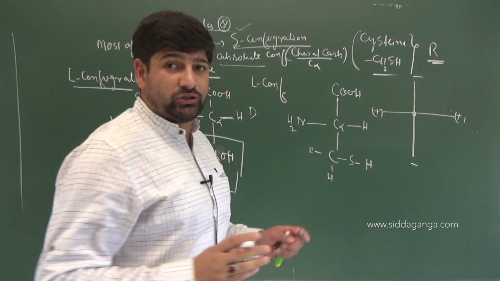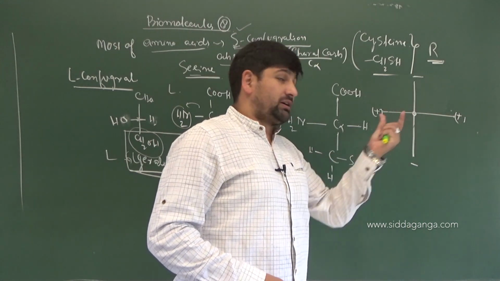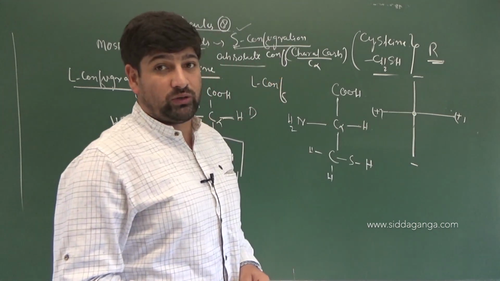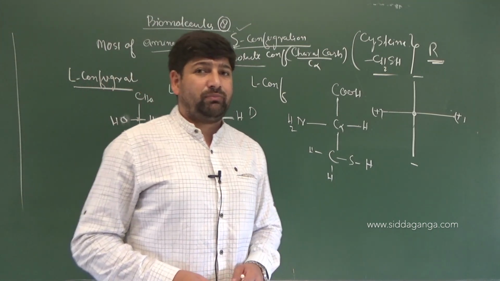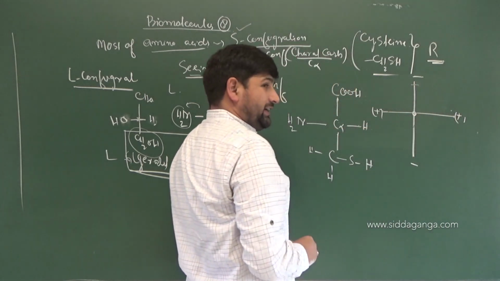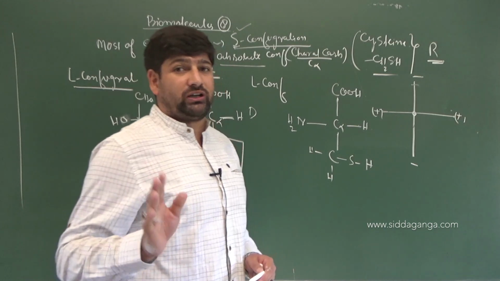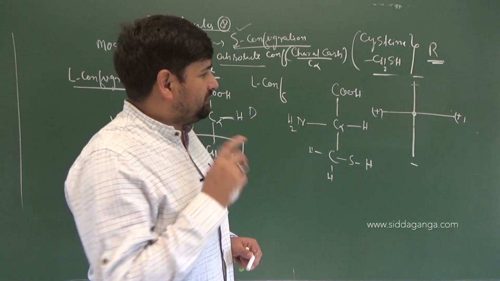Horizontal bonds means the bond is coming towards you. So these two bonds are coming towards you out of screen, and these two bonds are going away from you. And in priority rules, we have a basic rule: the most oxidized carbon should be on the top. If you don't want to rotate the molecule, let me solve this problem forever. If you don't want to rotate the molecule and you want to name the molecule as such, give the priority.